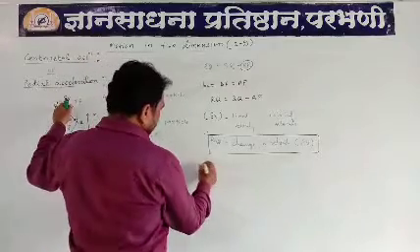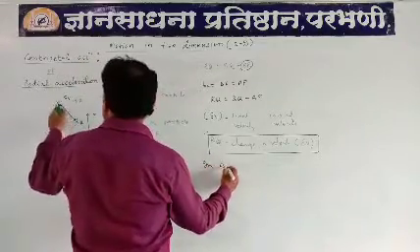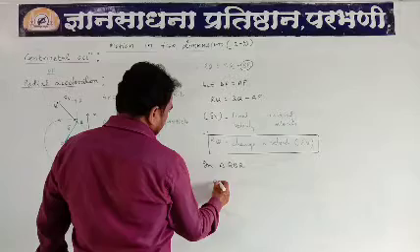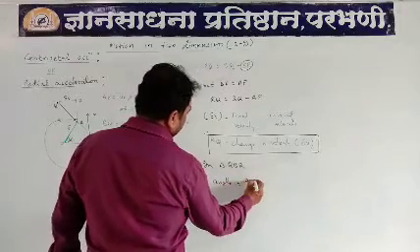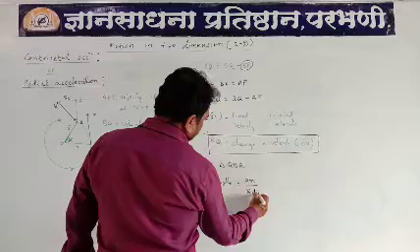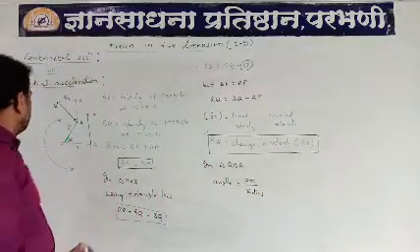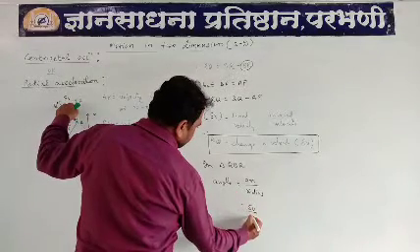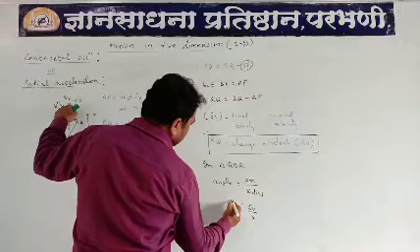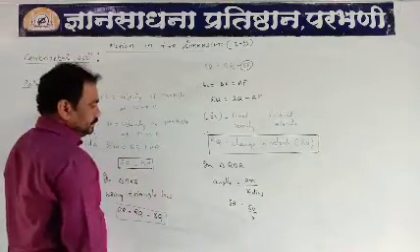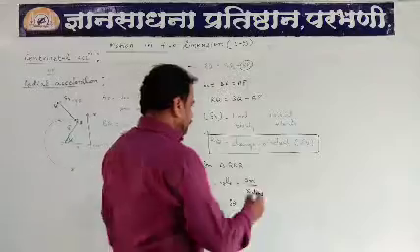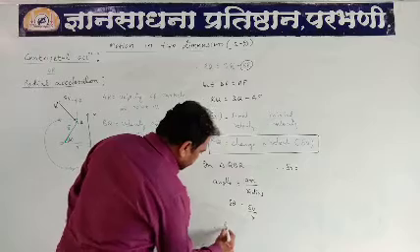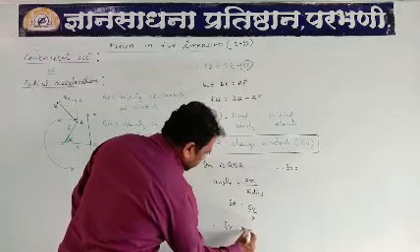We can write in triangle QBR, angle will be arc upon radius. We know the basic formula to calculate angle. So arc is delta V and radius means r, angle that is delta theta. Therefore the value of delta V will be r into delta theta.